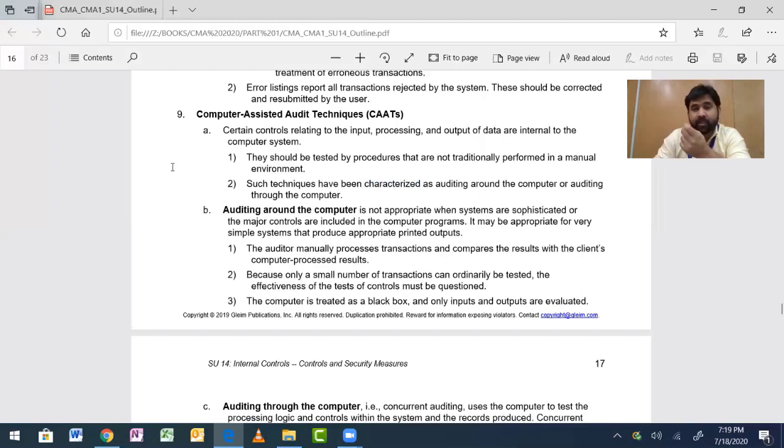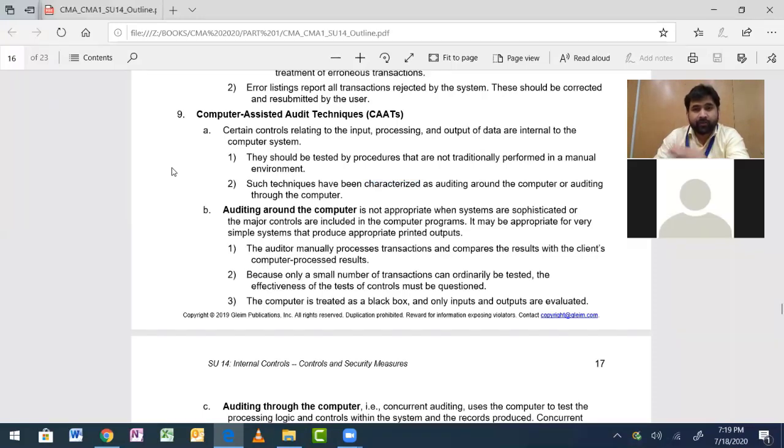For example, when everything was on pen and paper, you could ask for evidence. Where is the receipt? Where is the bill? These are called vouchers, fine. So you can find the voucher and match it with the actual transaction which was written in pen and paper, and somebody has done all the work. Now in a computer, creating vouchers can also be manipulated. So how smart you have to be as an auditor to understand the system, because until and unless you understand the system, you will not be able to perform your duty of audit.